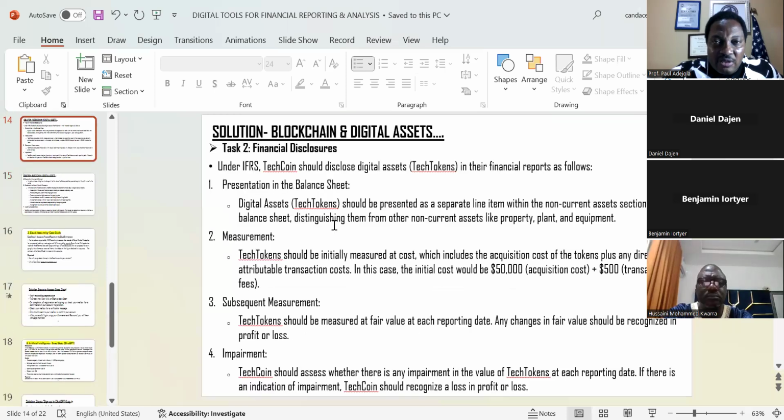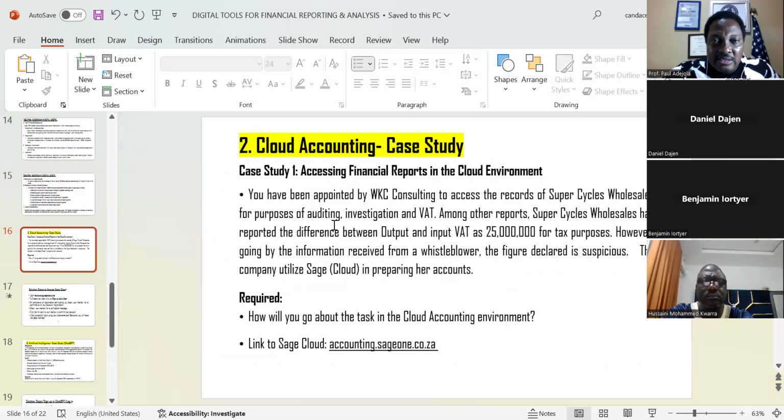We have a question here that says, you have been appointed by WKC Consulting to access the records of Super Cycles Wholesales for the purpose of auditing, investigation, and VAT. Among other reports, we are talking of financial reporting, Super Cycles Wholesales has reported the difference between output and input VAT as 25 million for tax purposes.